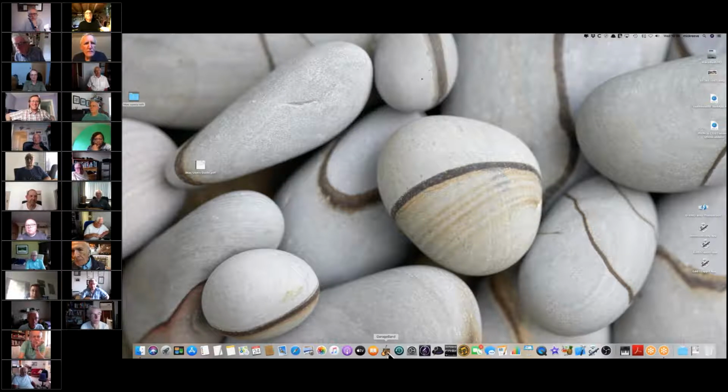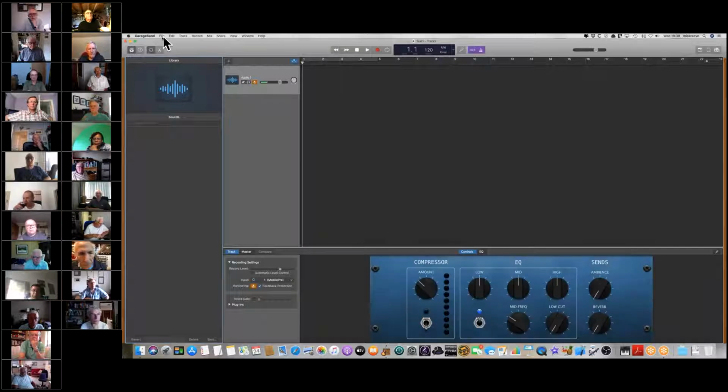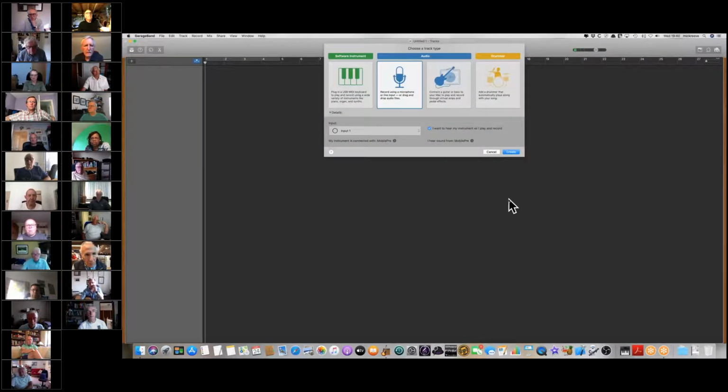What we'll do is we'll start up GarageBand, and I'll start it with a new, what they call project. So I'll go up to, there's GarageBand, and I'll go to new, and we get this, and hopefully you can see the basics. When the writing's very small, I'll try and explain what we're looking at, but we're looking at a thing that says choose an empty project. So I'm going to choose an empty project, and then I get a box like this,